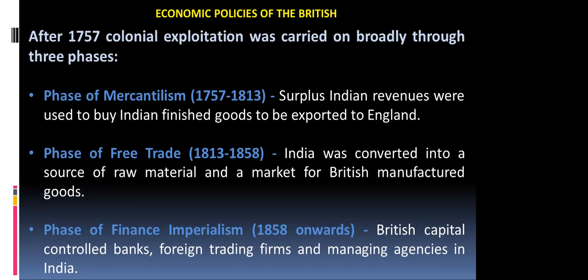And this trading with the Indian mainland was carried out from a subordinate position. They were not the ruling class at that time, and they had to present their credentials to the then ruling Mughals, and for anything they wanted to do, they needed permission. So from 1600 onwards till the Battle of Plassey in 1757, the company